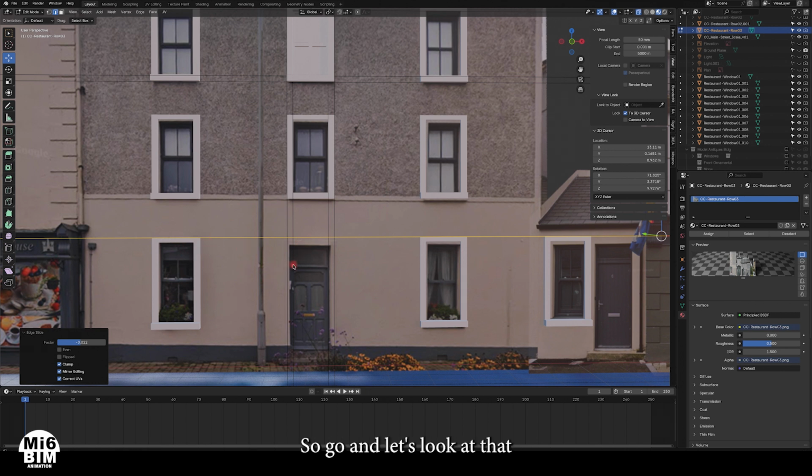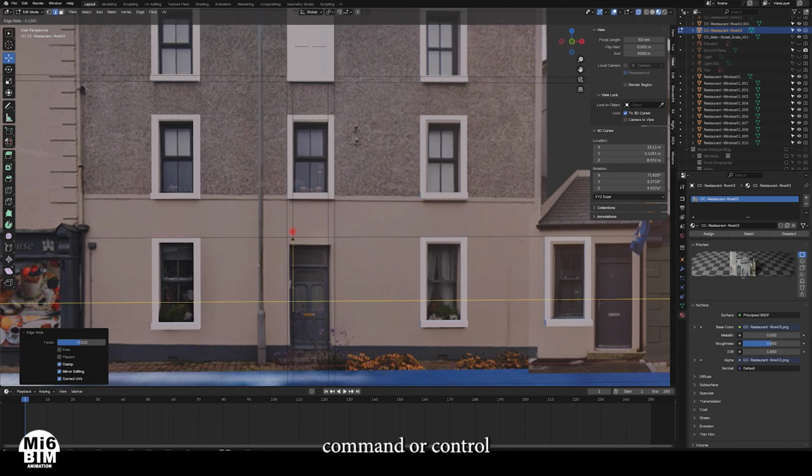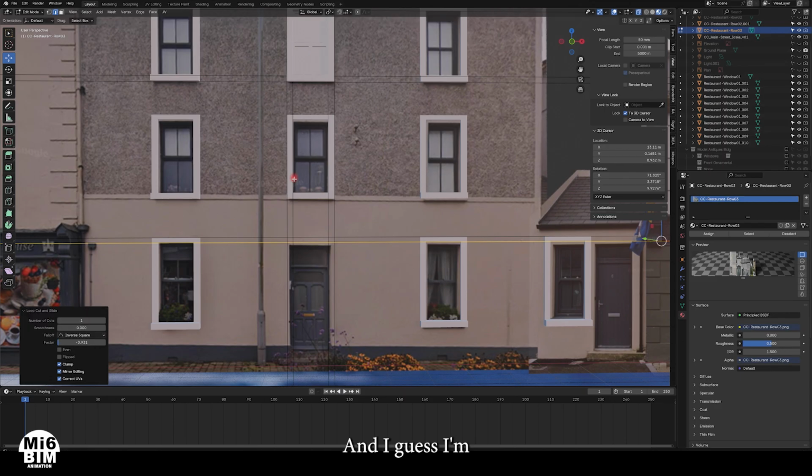And I'm going to do another one. So there we go. And that's loop cut. That's Command or Control R depending on what you're using. Like I say, I'm not going to follow exactly what's on that page because I'm going to try to follow my doors and windows so that they're very much the same. It looks like my windows will be exactly the same as this. But there we go. And then looks like there is a, let's see,